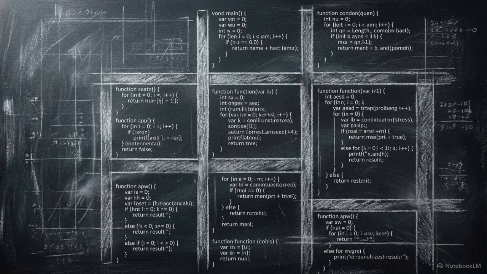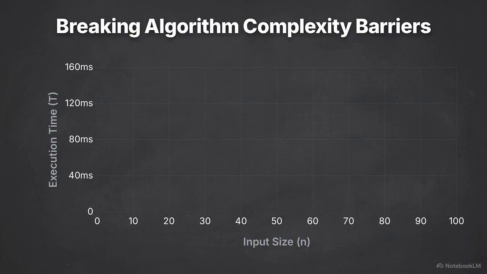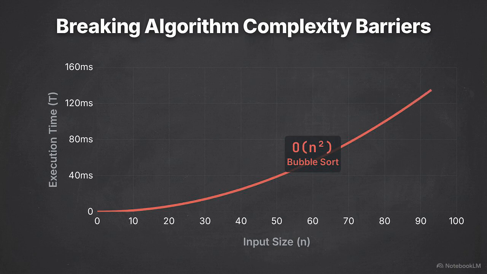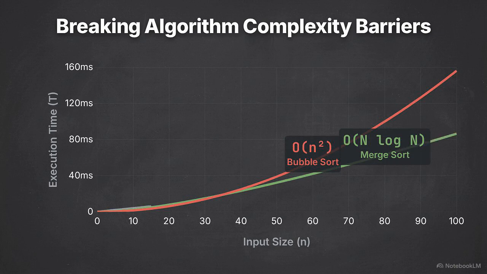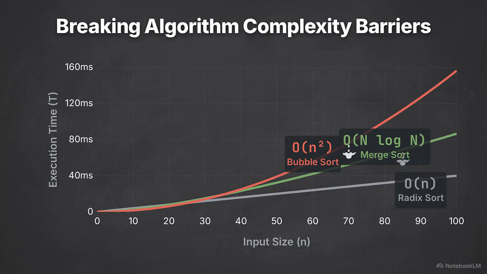structural code choices. This graph plots the three primary complexity limits that govern all sorting algorithms. We have the quadratic boundary, expressed as big O of n squared. Below that, the log linear boundary, at O of n log n, and finally the linear boundary, at O of n. Big O notation is a mathematical shorthand used to classify how an algorithm's runtime requirements grow relative to the input size. Moving an operation from one curve down to the next requires a change in the underlying logic of